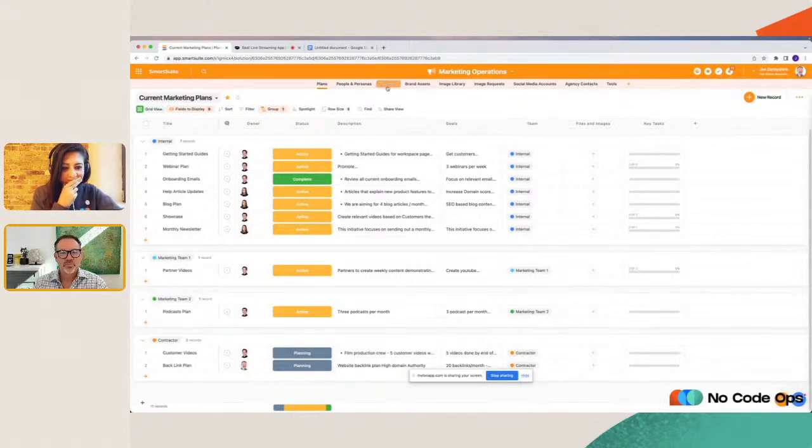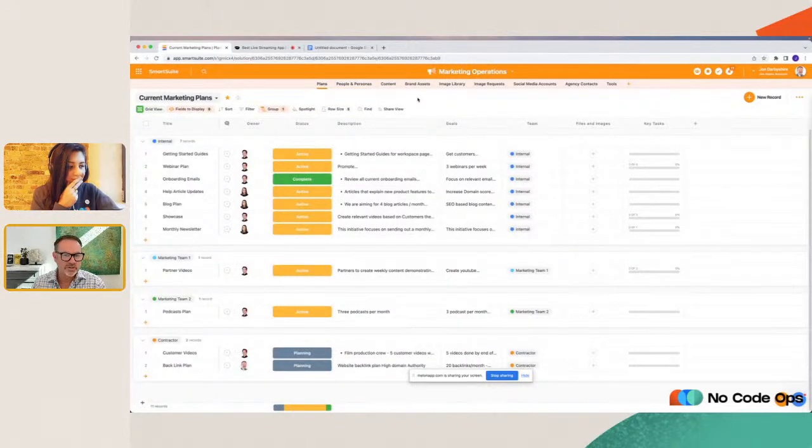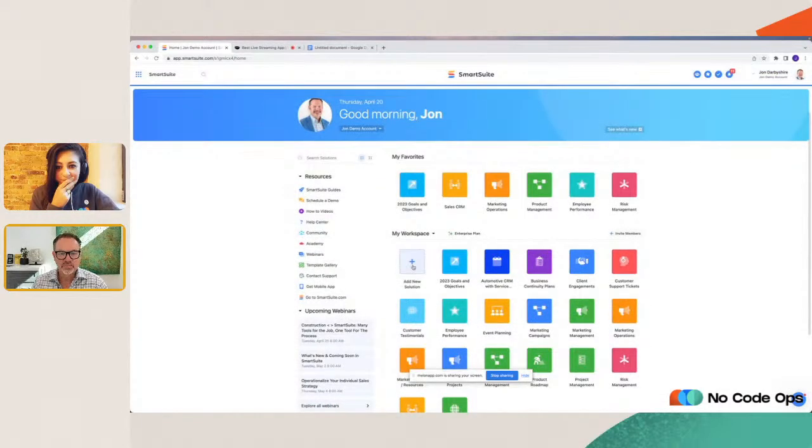But let's jump into some fun stuff from an AI perspective. First, let me just talk about marketing operations as the example that I'm going to use for some of the things we're doing here. This is just one of our core templates. And I should have mentioned right at the beginning that